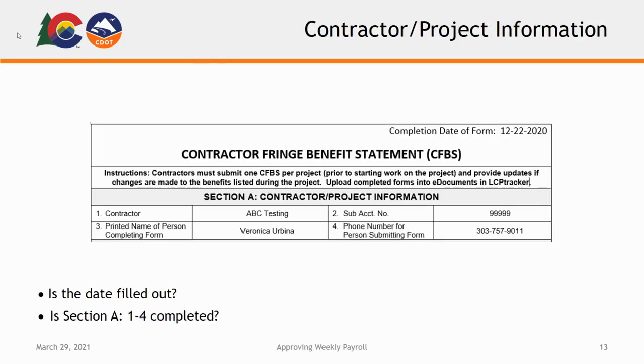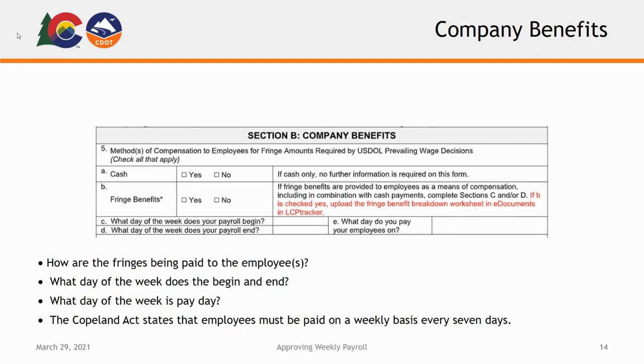Begin by verifying the date that has been filled out at the top corner of the page. Next, you will verify that the top portion of the Contractor Fringe Benefit Statement in Section A, 1 through 4, is filled out completely. You'll want to make sure that you can contact the person who filled out the Contractor Fringe Benefit Statement if you have any questions. Next, you will verify the Davis-Bacon fringes that are being paid to the employees on the